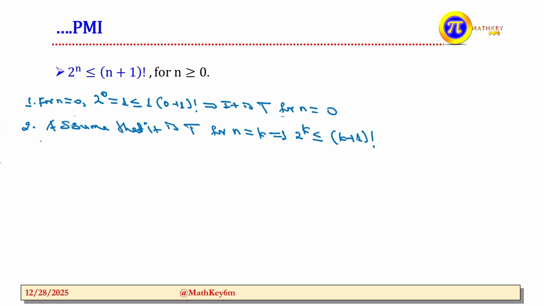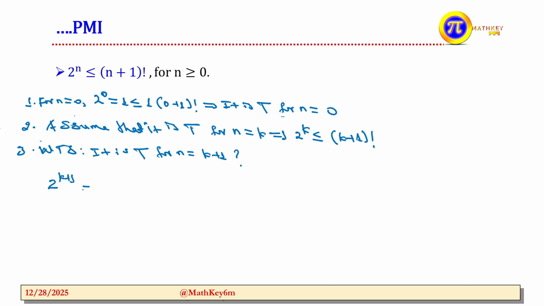So using this assumption as the third case, what for? We want to show that it is true for n equals k plus 1. This is what we want to show. So using the information we have, this implies 2 to the power of k plus